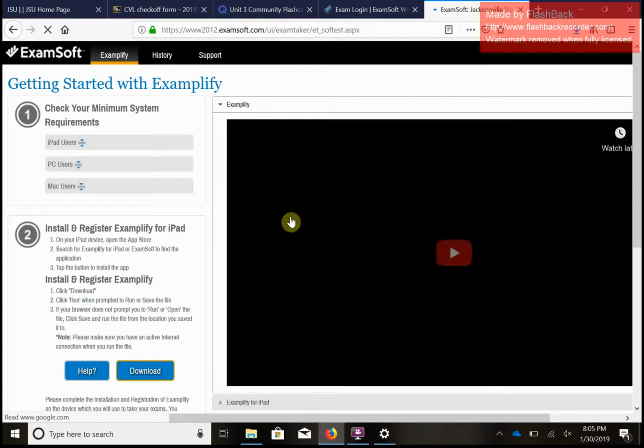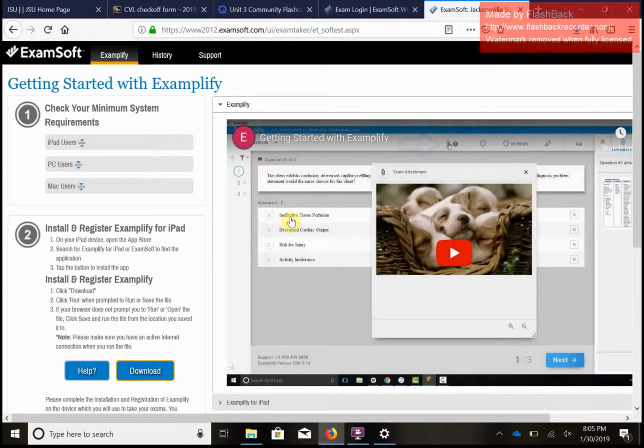Since I already logged in, I've already done this a couple times, it's not gonna do it for me, but for you it'll probably bring you to your MyJSU page, and there you can type in your username and your password for MyJSU, and then it'll bring you to this page that I'm on right now. You go to the left and you click download,